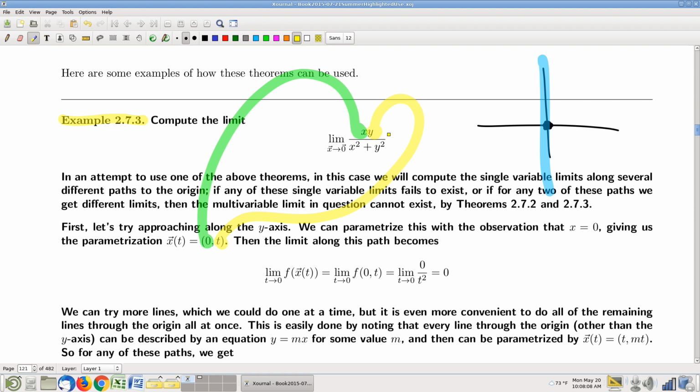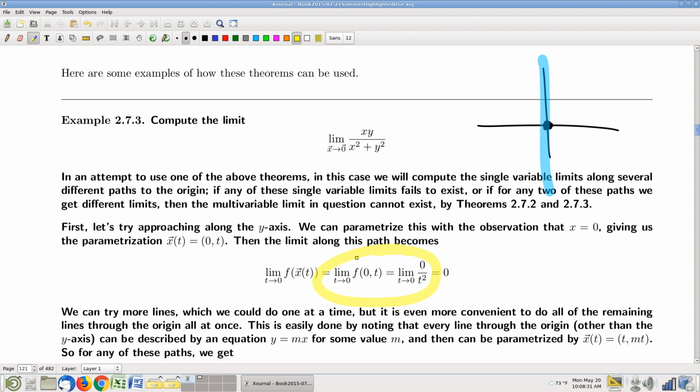So plug all of that in. Everywhere you see x, you put 0. Everywhere you see y, you put t. And plugging in like so, you get this expression right here. Now,